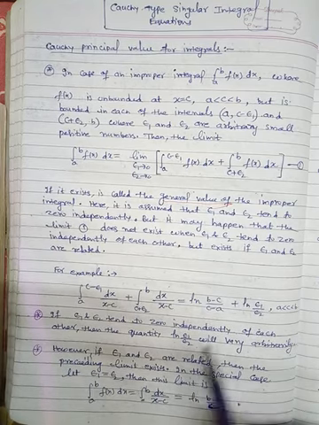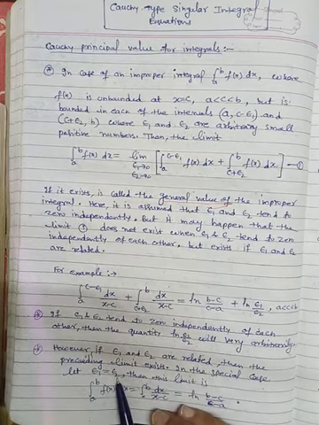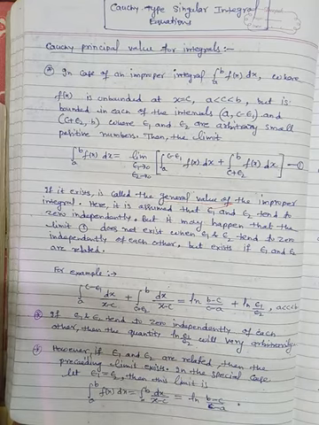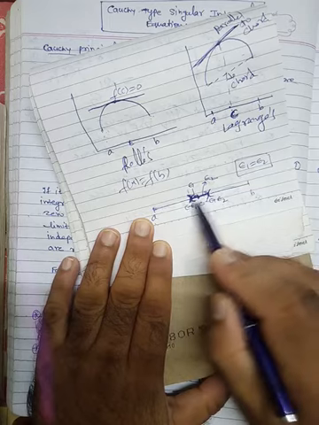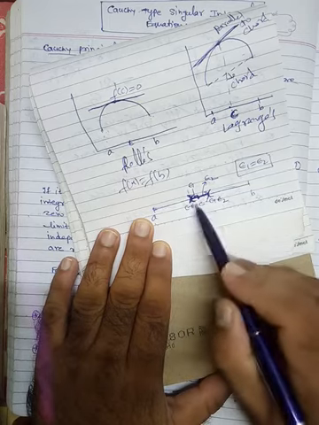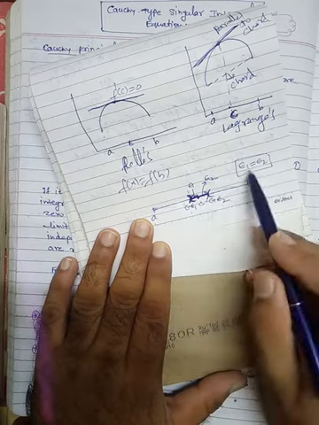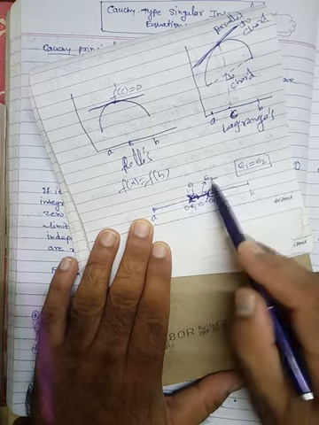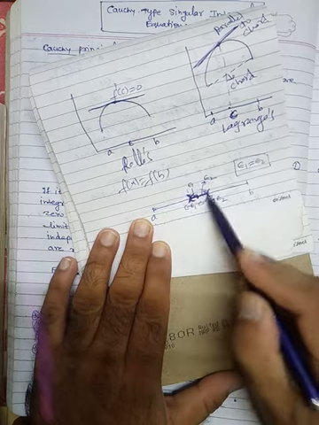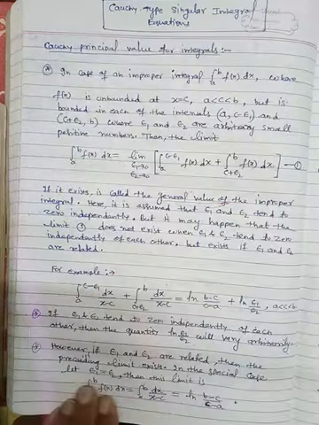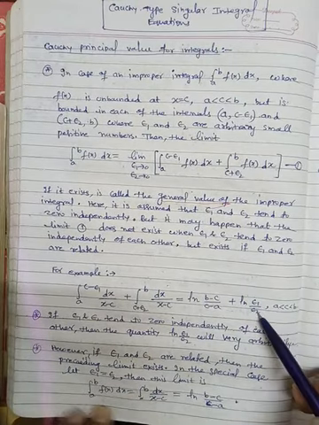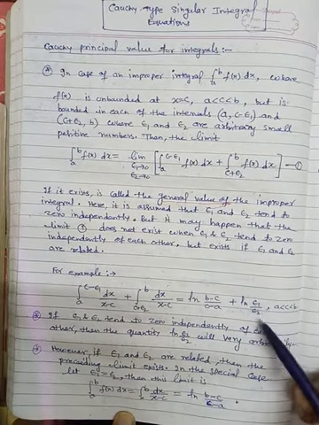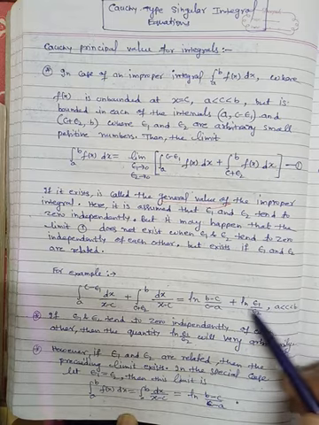This limit exists. For example, suppose epsilon 1 is equal to epsilon 2. That means we are having symmetric neighborhood around c. Right now it is asymmetric, but if epsilon 1 and epsilon 2 both become equal, then a symmetric neighborhood will be formed around c. So then this limit exists, and the limit will be epsilon 1 equal to epsilon 2, so they will cancel out, and then this will be 1 and log 1 is 0.